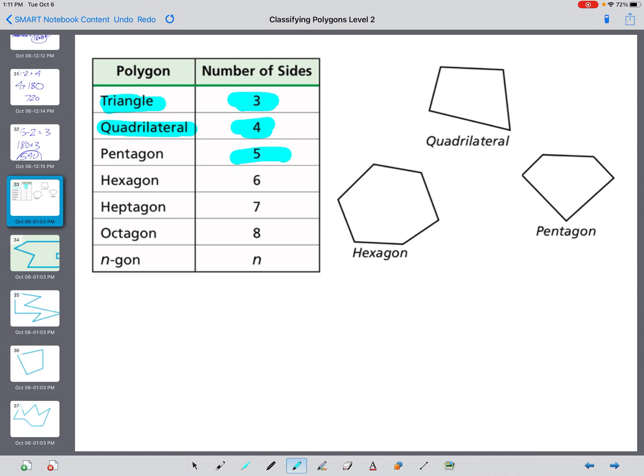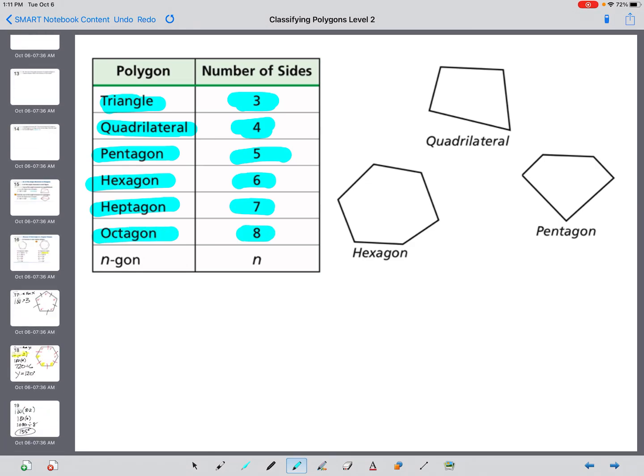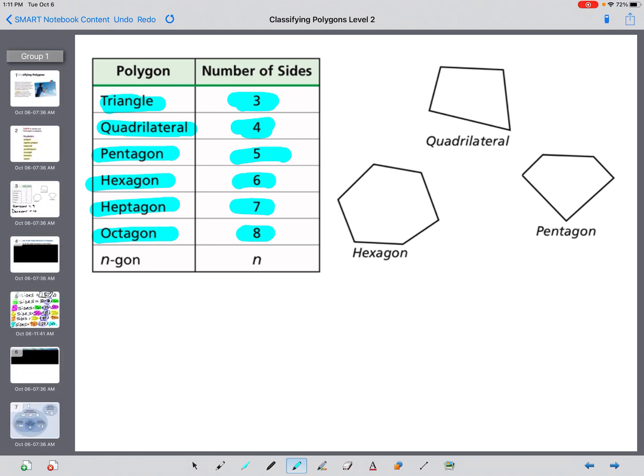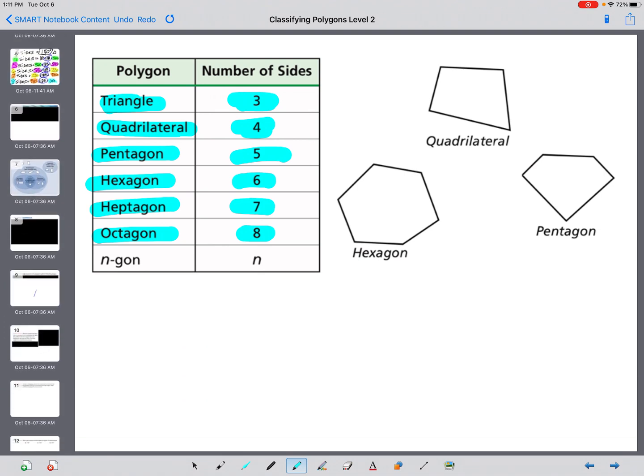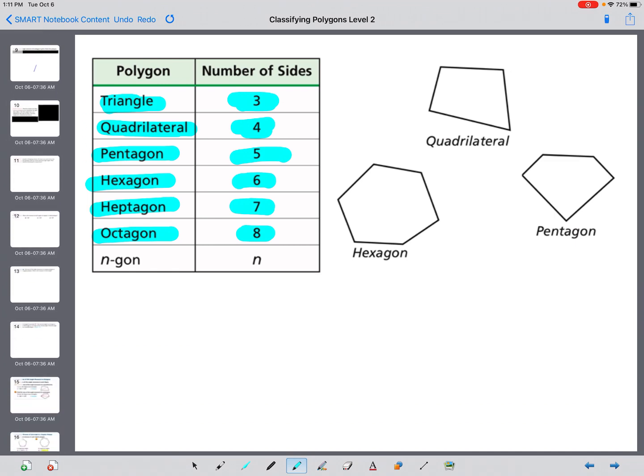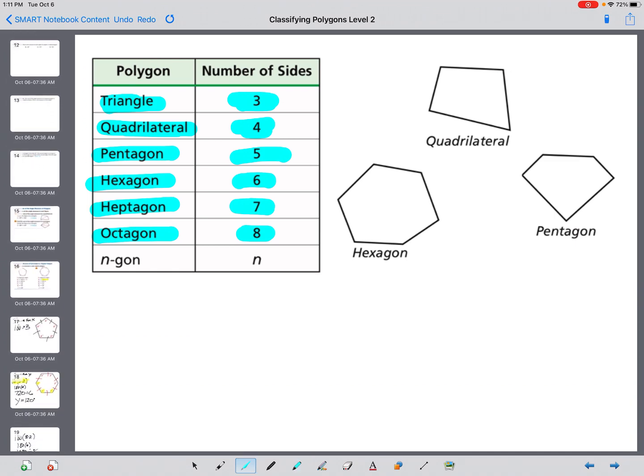Moving on though, a five-sided figure is a pentagon. Six sides is called a hexagon. Seven sides is called a heptagon. Eight sides is called an octagon. Okay, and moving even further down the line, there's even more that you could talk about, and that would go